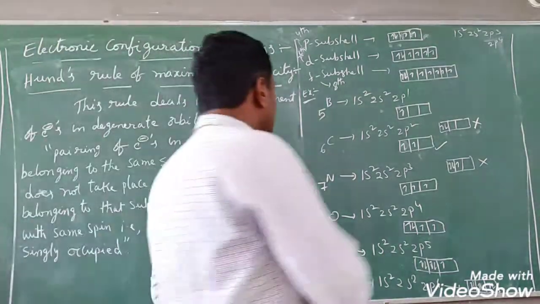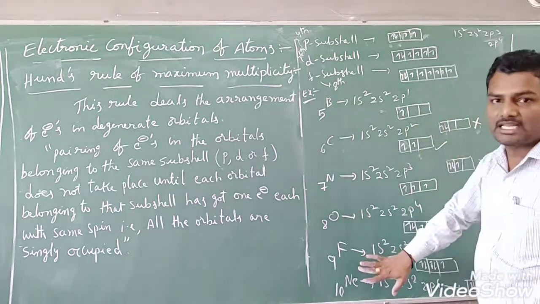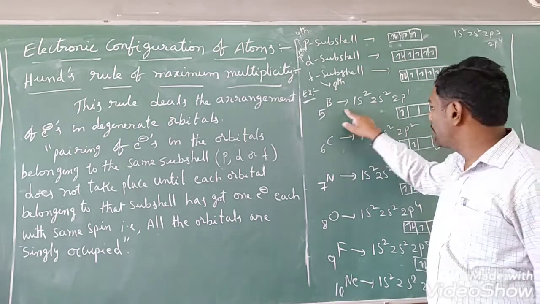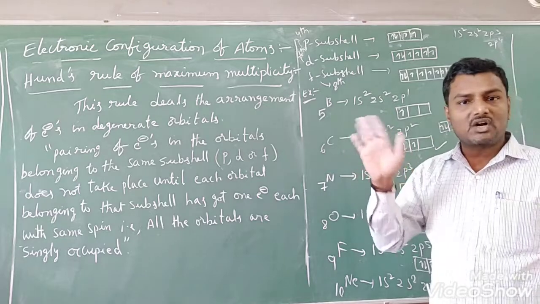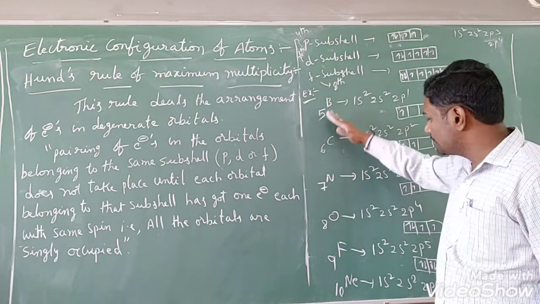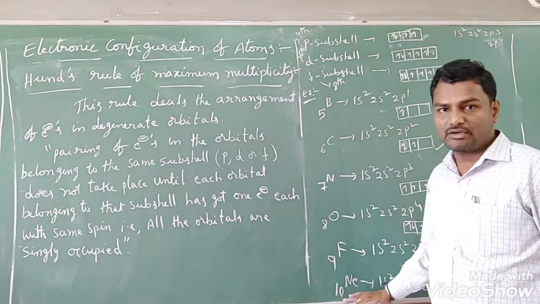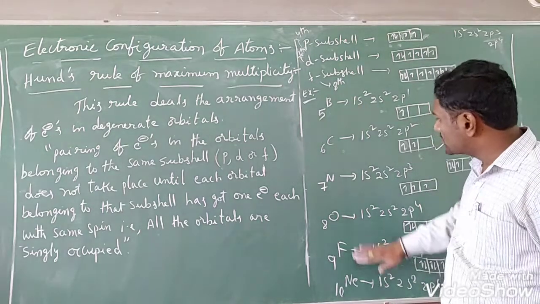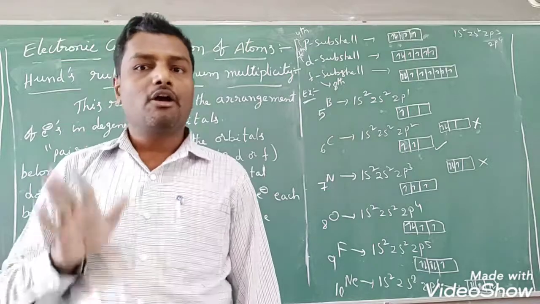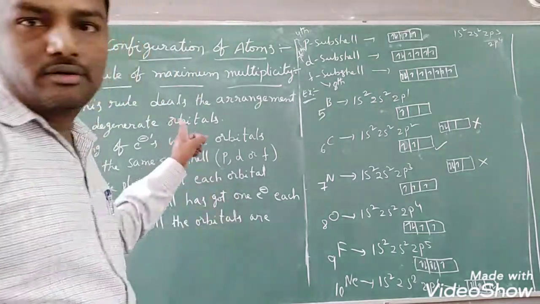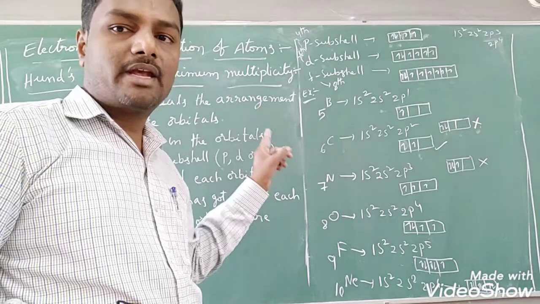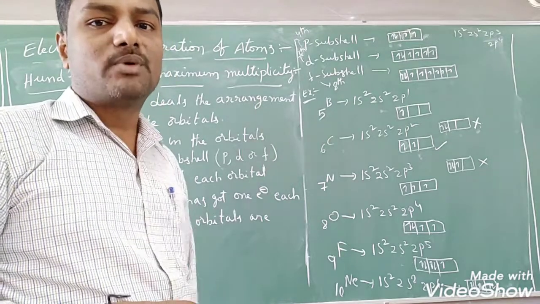So I have given you one example also. One example means the students are thinking, only one example they have asked, so boron they will write. That is not the concern of one example, students. You should write at least up to oxygen, or else you should write the electronic configuration from boron to neon. This all comes under one example of Hund's rule only. I hope everybody got this Hund's rule. Hund's rule is one of the important questions even in competitive examinations, along with the board exam, students.